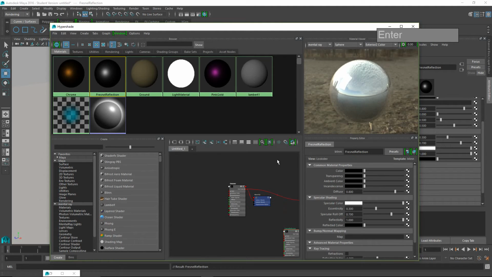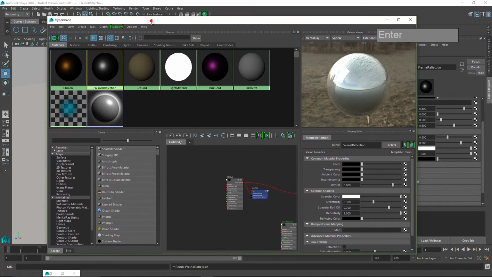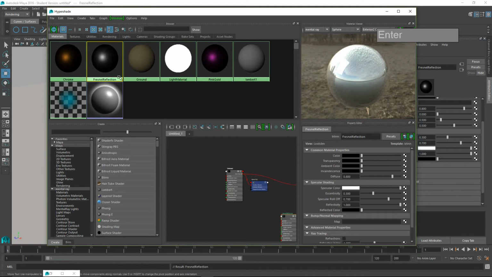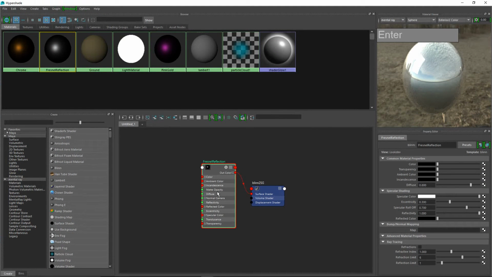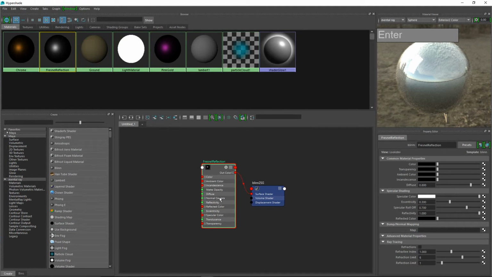Okay, so next I'm going to attach it to a node to control the amount of reflectivity on the edge. So I'm going to work on this material. So first click and select on the Fresnel reflection material, and then I'm going to click on this input output button so that it shows only this material in the workspace. I'm going to maximize this so that we can slowly build up the network. So the first thing we want to control is the reflectivity, by adding a ramp,